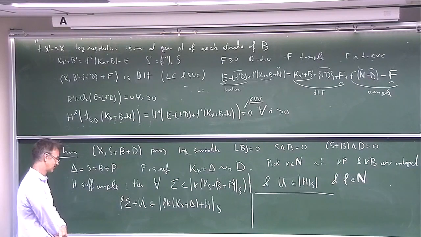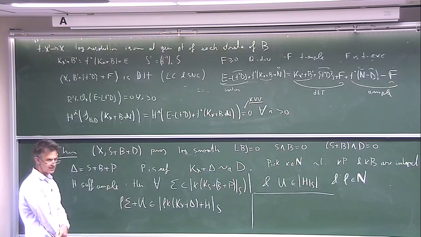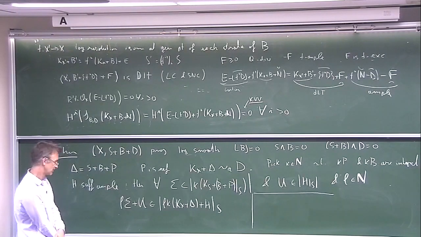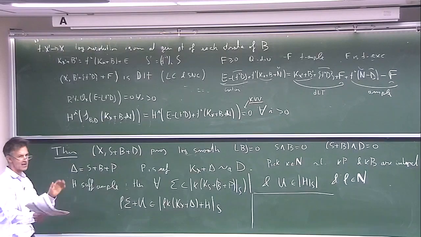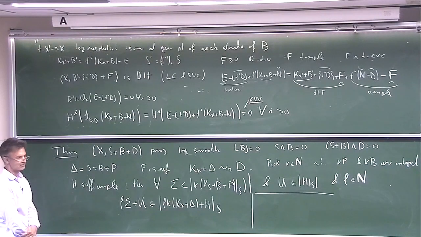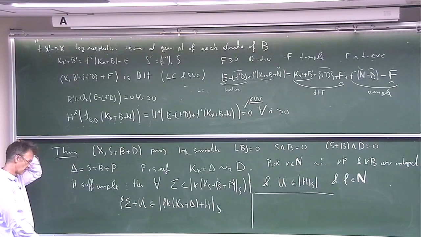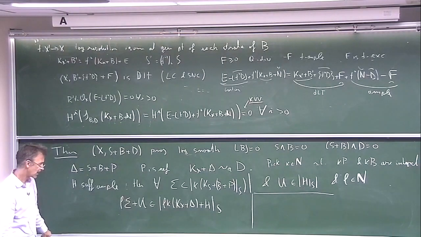So you mean that the inversion of adjunction works for generalized log canonical pairs? Yeah, that's correct. In fact, there's a student of mine who's writing a preprint on that. He's pretty much done. But okay, so yeah. So anyhow,